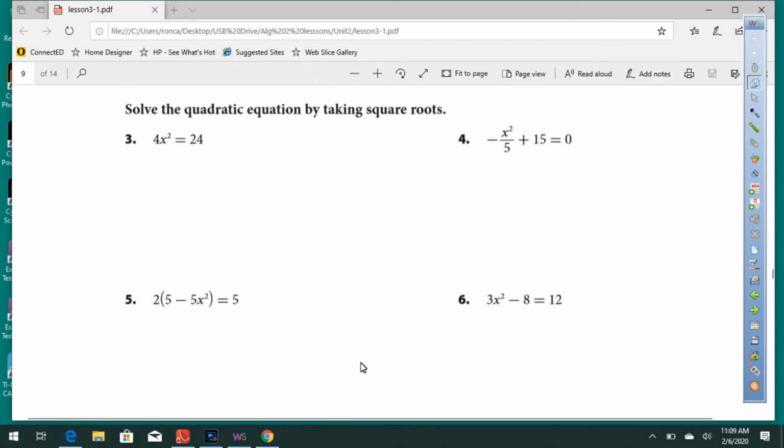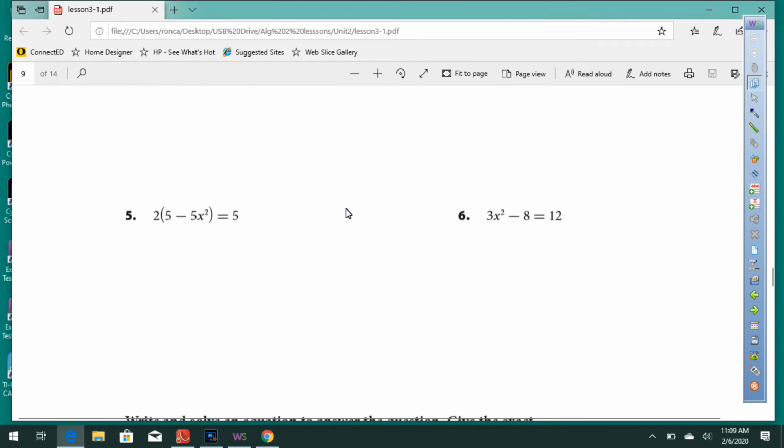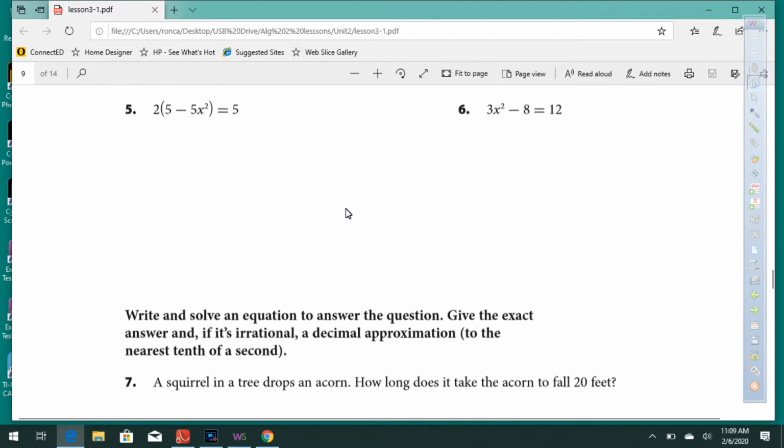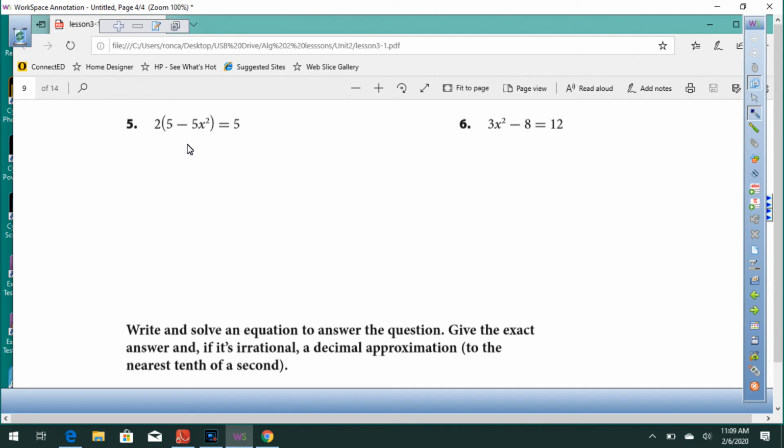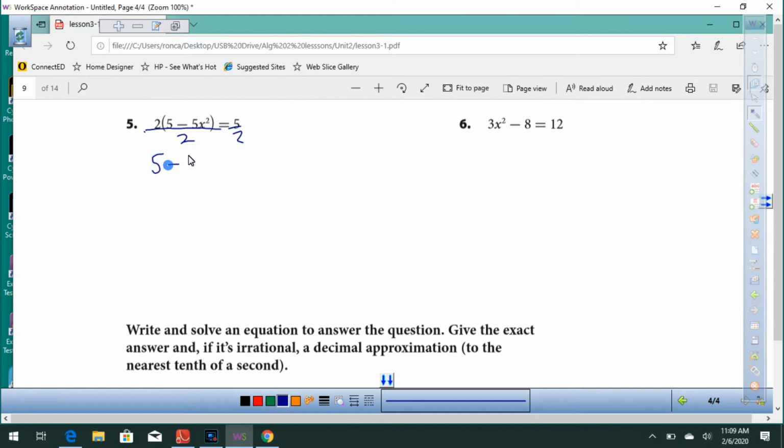Let's try number 5. Okay, so we got 2 times. We would need to first divide both sides by 2. And that gives you 5 minus 5x squared equals 5/2. Well, let's subtract 5 from both sides. And that gives you negative 5x squared equals,